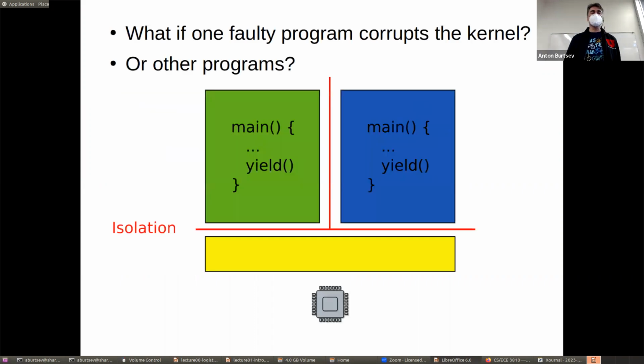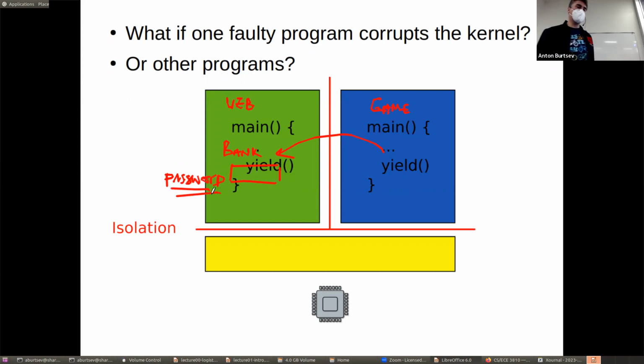I was saying that you don't trust applications anymore. Maybe this one is your web browser and you're trying to make an online payment to some bank, and here you run some application from an unknown origin, let's say a game. Maybe it's a piece of malware whose only goal is to read the memory of the other application and read your password, so that you can transfer your Bitcoins somewhere, right? So that's why